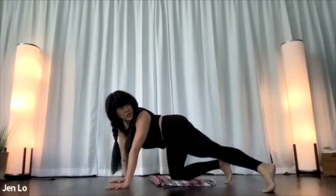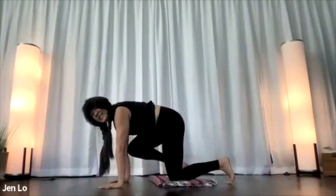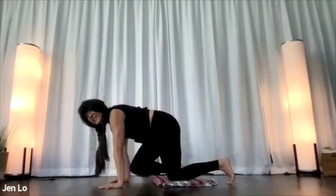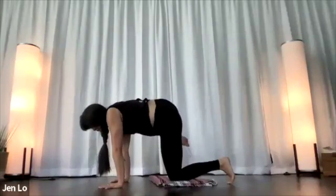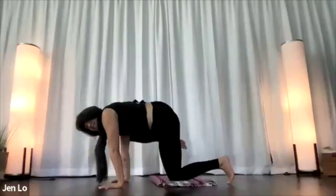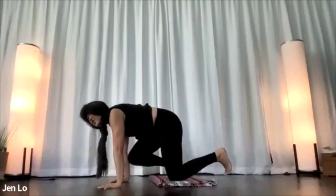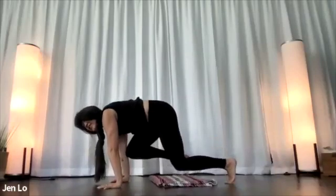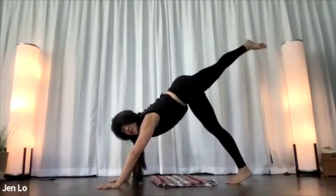And then draw the right knee into the right elbow. Slide it down to the right wrist, up to the right shoulder. You can externally rotate and bring it on the outer arm, sure. Yeah, slide it back down. Good. Tuck the left toes, lift the left knee, 3-leg dog. Right leg goes up. Circle your right foot